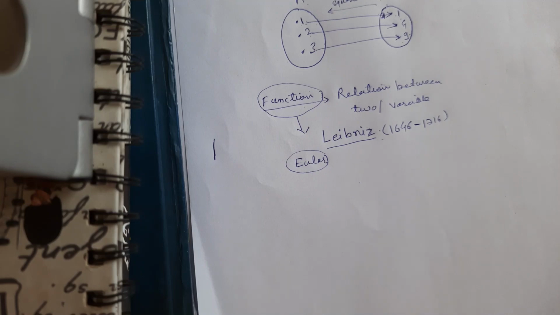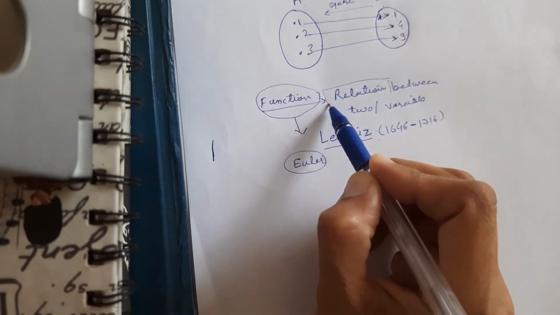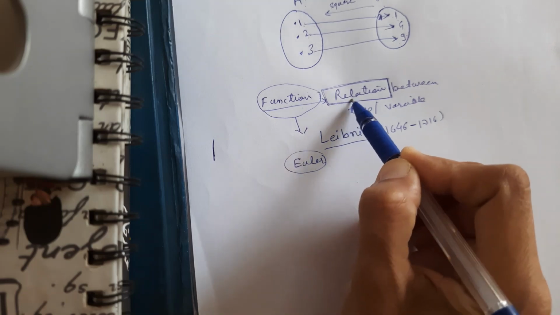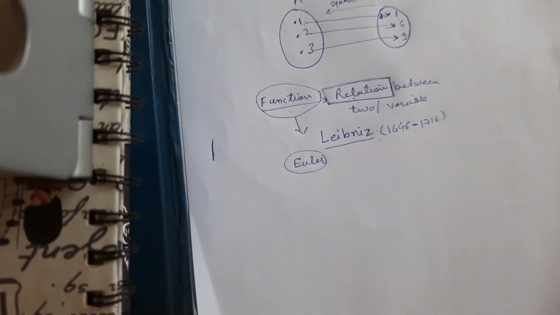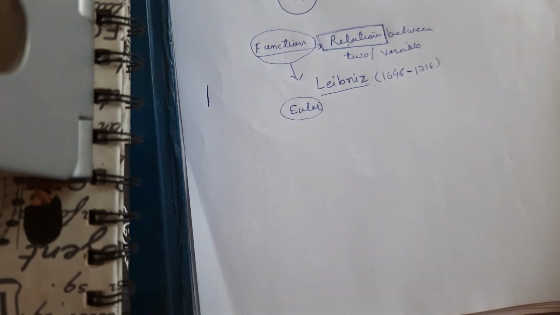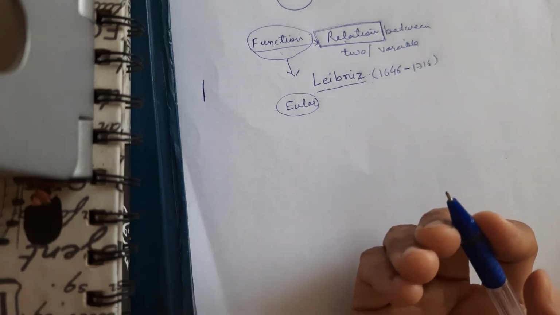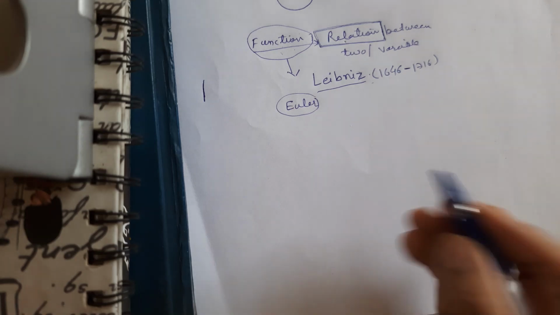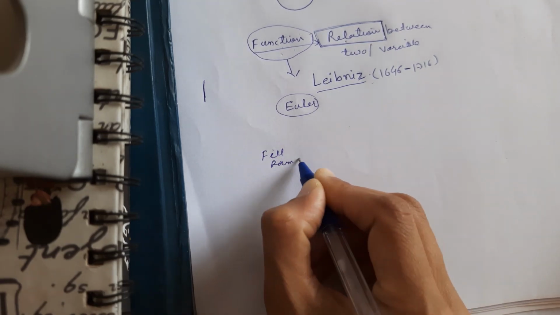Now these two variables and that relationship have some qualities. It should satisfy some conditions, only then does that relationship become a function. Not every relationship is a function. Now we are going to see this through an example. Suppose you all went through the admission procedure, right? Can you tell me how you took the admission? In the first step you fill the form, then you submit it.